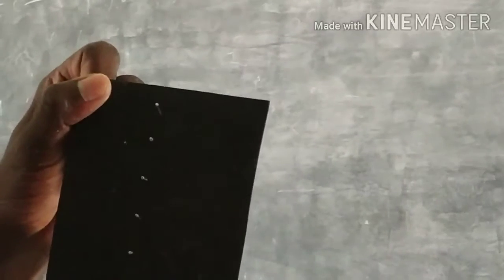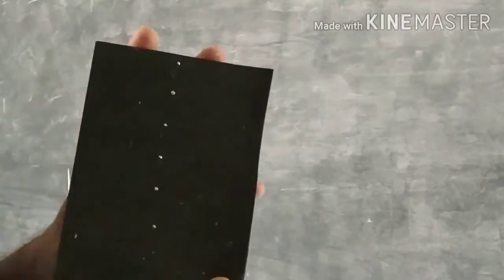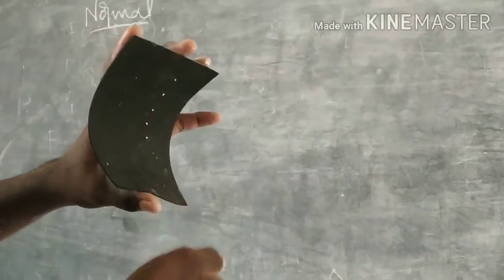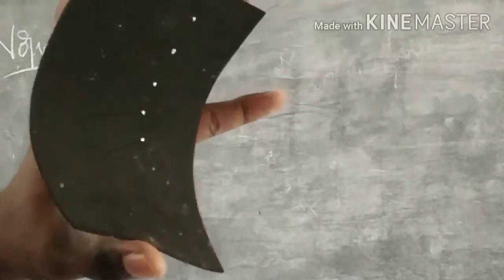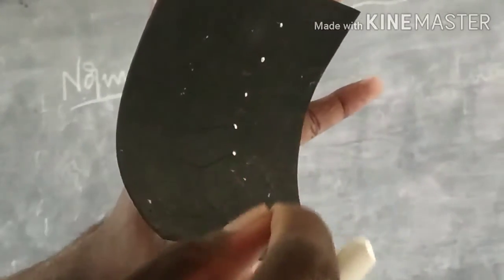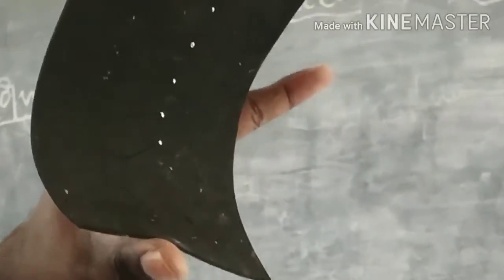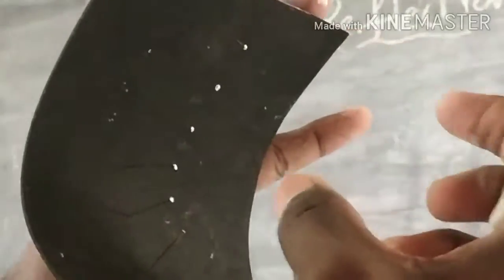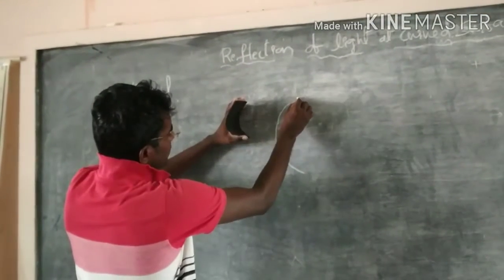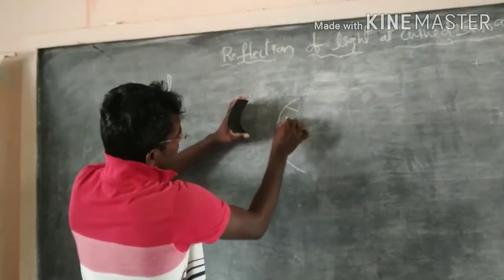If I bend this surface like this, then I get a curved surface. Now you can see, all pins are normal to the curved surface, right? Each pin acts as the normal at that point. These all pins converge together at a point if we extend them. You can observe this is the curved surface, and these are the normals.